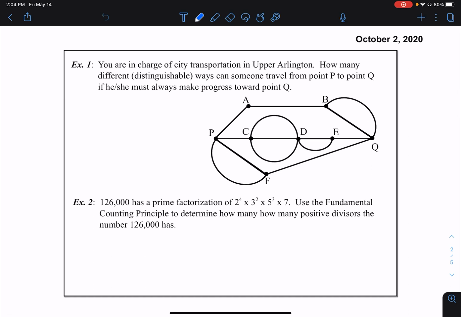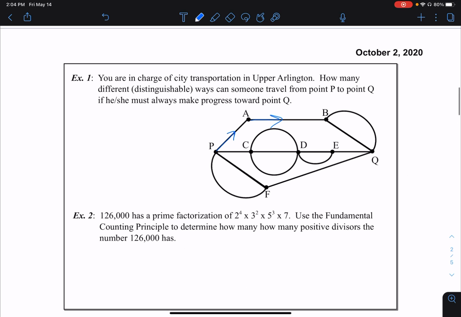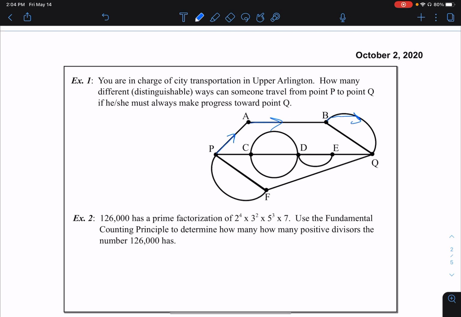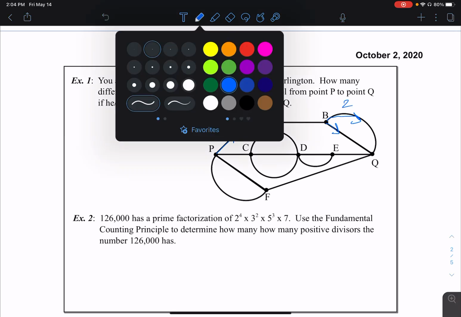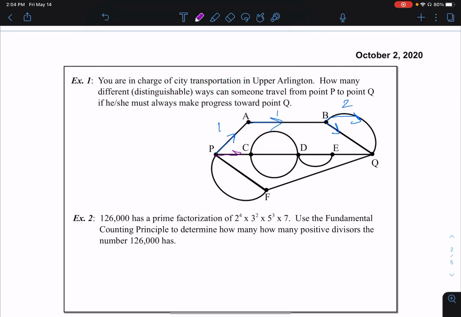So the first way would be here, from P to A, then from A to B, and then from either B to Q this way, or B to Q this way. So that's 1, 1, and 2. Our second way is from P to C, and C to D there's 2 ways,